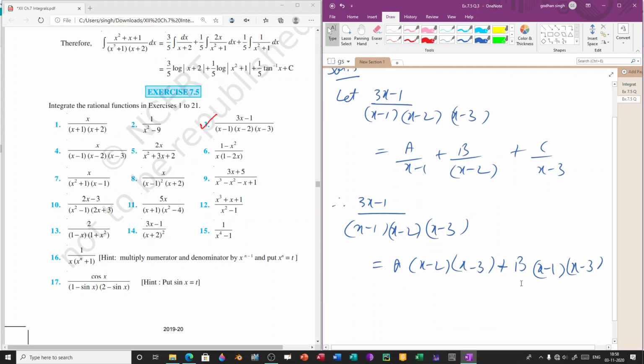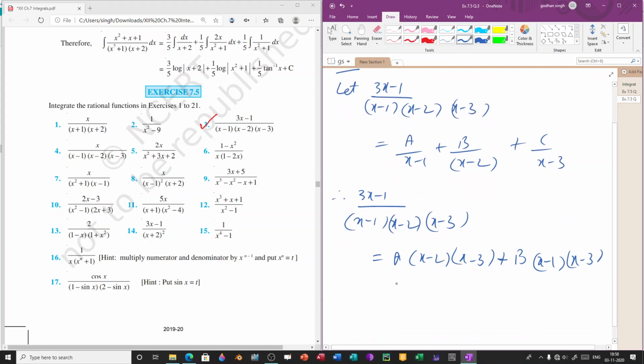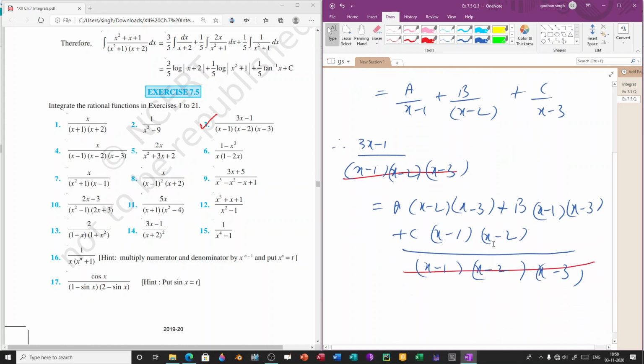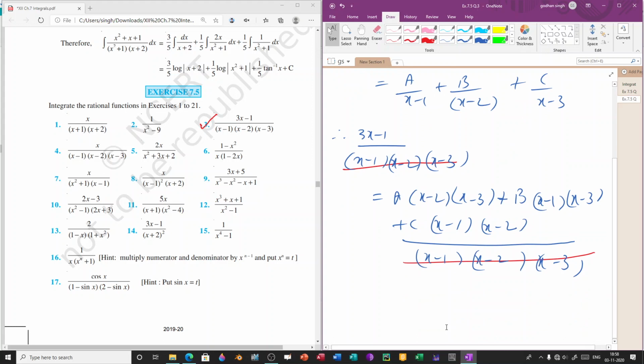Similarly will be the case with C, plus C into x minus 1 into x minus 2, and the whole divided by x minus 1 into x minus 2 into x minus 3. Then both sides cancelling x minus 1 into x minus 2 into x minus 3 in the denominator, what remains is 3x minus 1